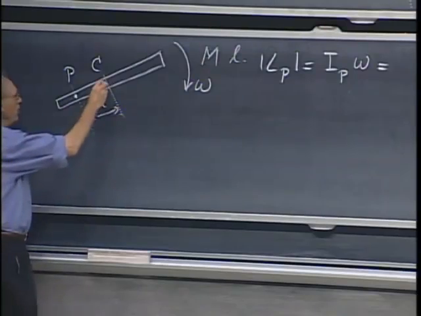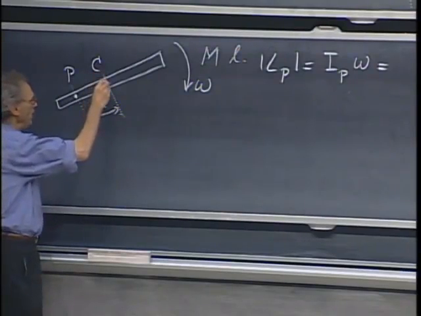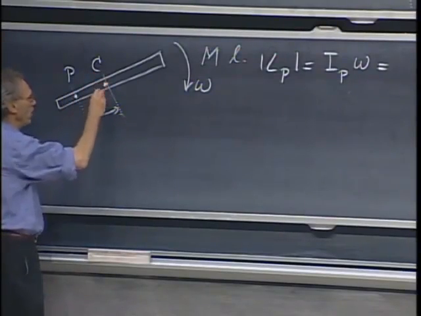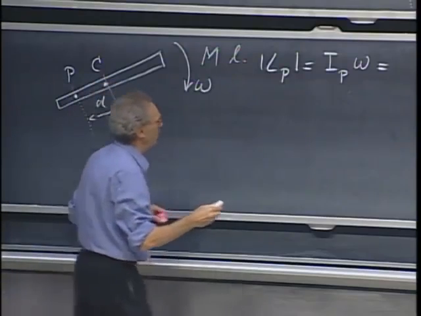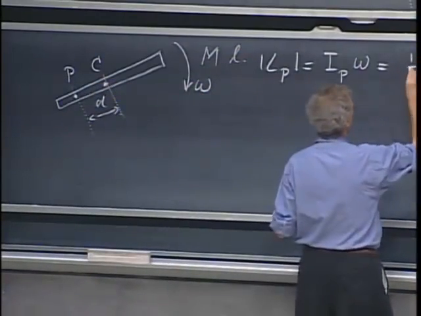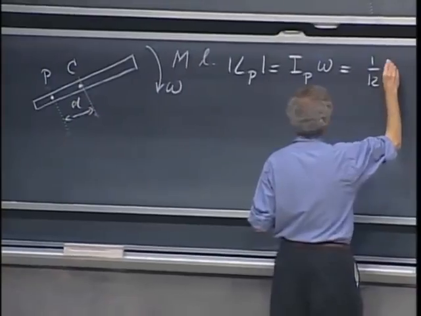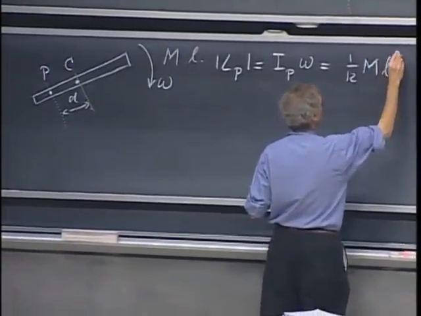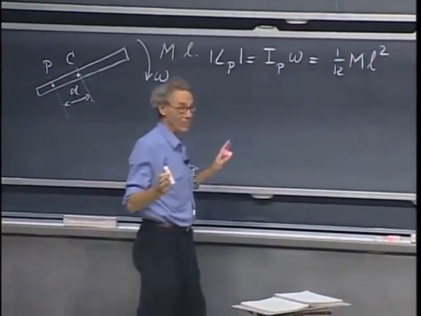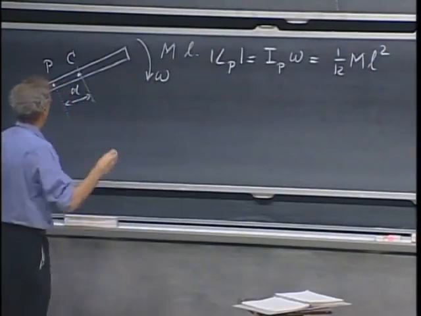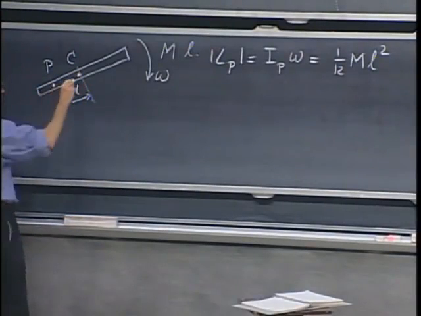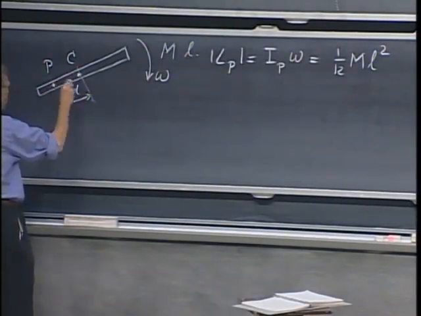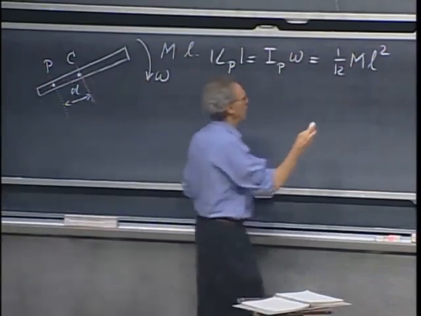I know that the moment of inertia for rotation about the center of mass through this axis perpendicular to the blackboard equals 1/12 mL squared. Well, I just looked that up in a table because I don't remember that. So that would be the moment of inertia about this axis, and then the parallel axis theorem tells me I have to add plus md squared